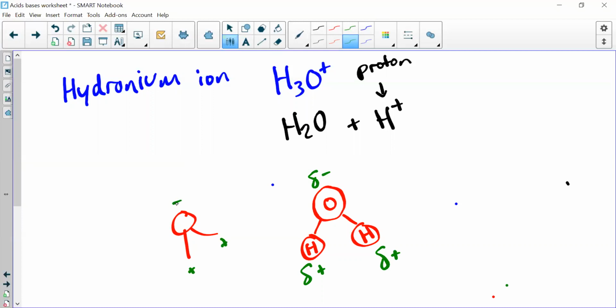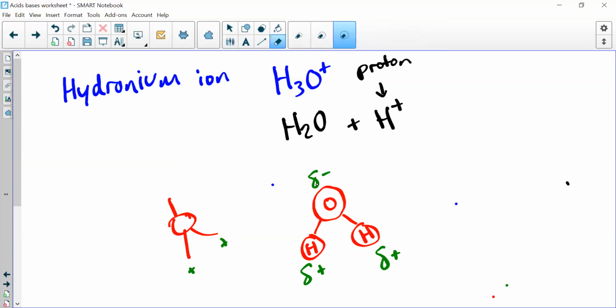But in reality, these aren't full charges like ions. These are partial charges. Now, why would a water be attracted to a proton? Because like everything else in chemistry, it's all about those opposite charges attracting. So the positive charge of the proton will be attracted to the partial negative charge of this oxygen, and that H plus will actually stick onto it and bond to it, forming our H3O plus,